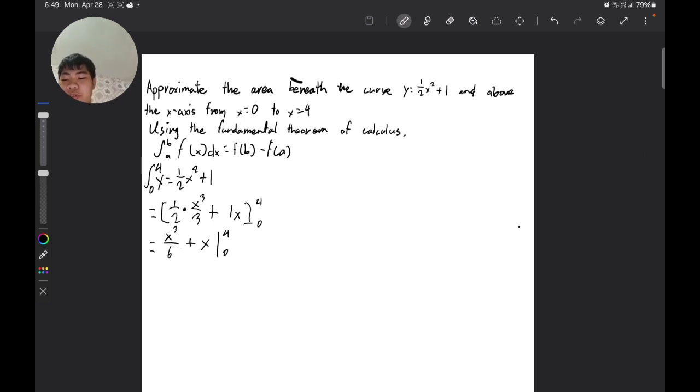After solving for the antiderivative of the function, we will